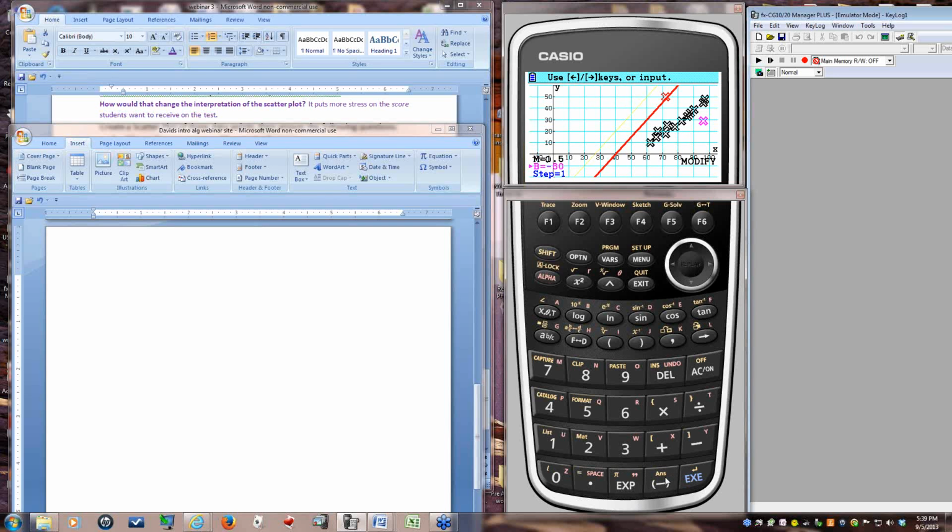Negative 8. At this point in time, I would tell the students, wait a minute, your slope isn't quite right. Look, it's going up. It's not a good slope. So let's change the slope to get the slope a little better. And again, just to save some time, oops, 0.9, and actually the slope on this is 0.989, so let's make the slope 1 again.